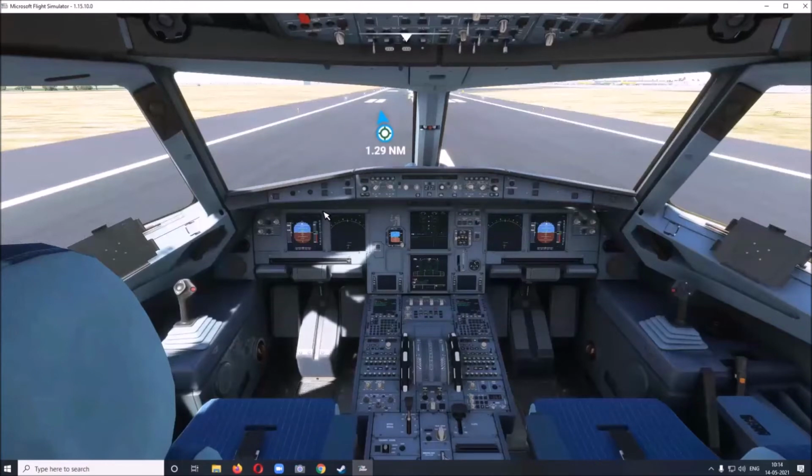This is called the PFD, primary flight display, and this is ND, that is navigation display. We'll look at that in more detail. These are duplicated, captain side, first officer side. These are the engine parameters and other indicators.